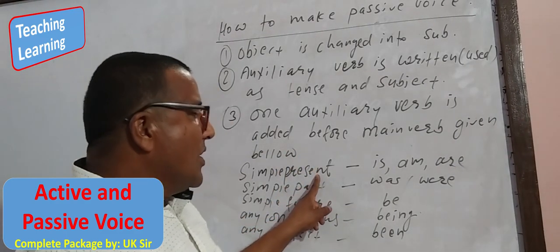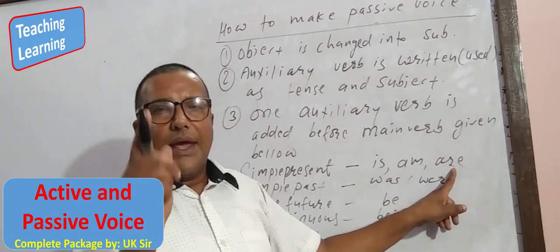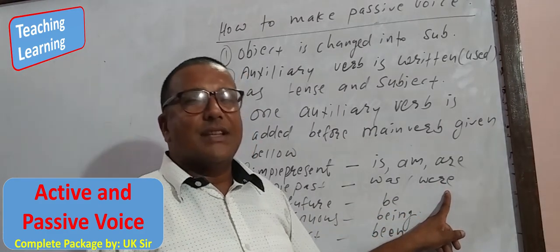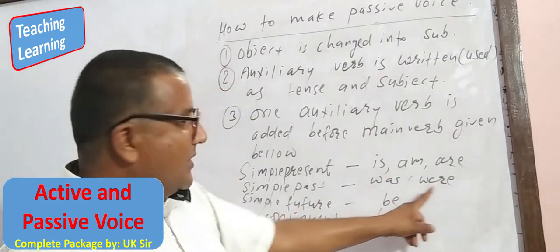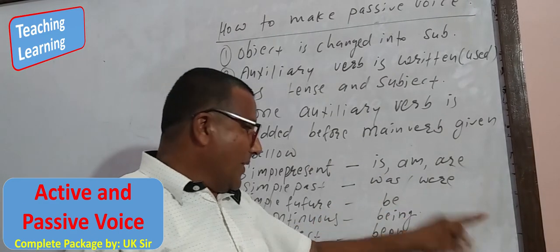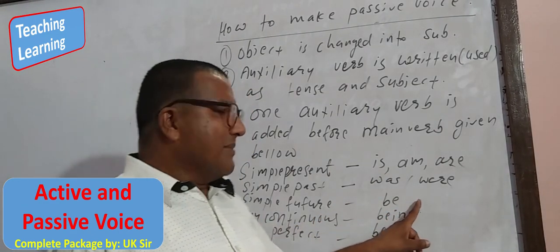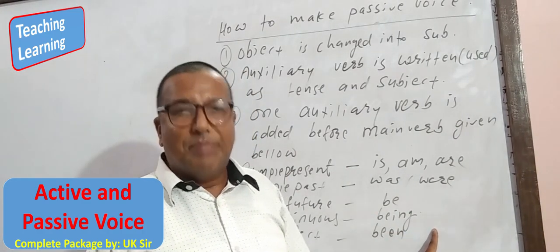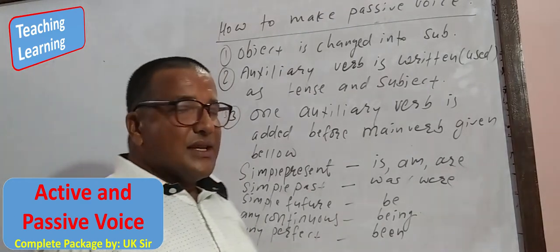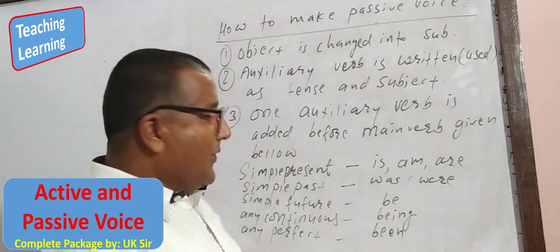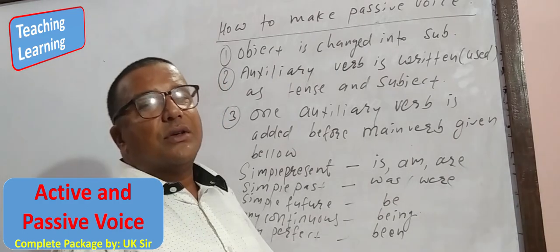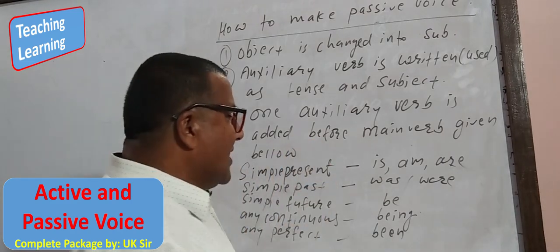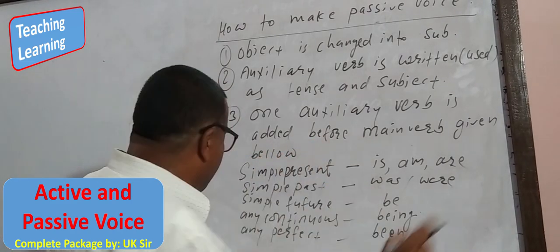In the simple present tense, we have to add is, am, or are according to the subject. Was or were is added in the simple past tense according to the subject. In the simple future tense, be is added. In any continuous tense, we have to add being, and in any perfect tense we have to add been. If there is a simple past or simple present, and some other auxiliary verb is there, then we have to add be, like